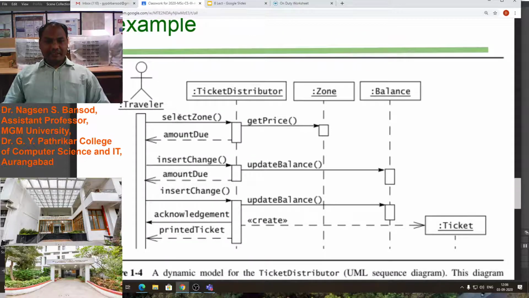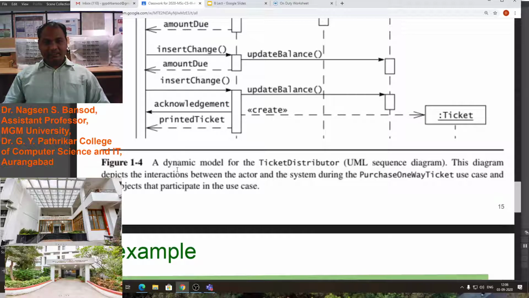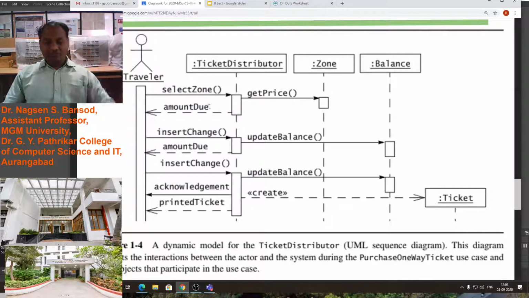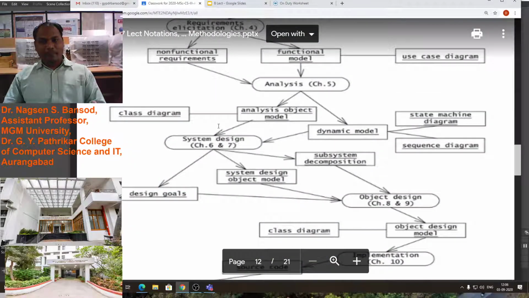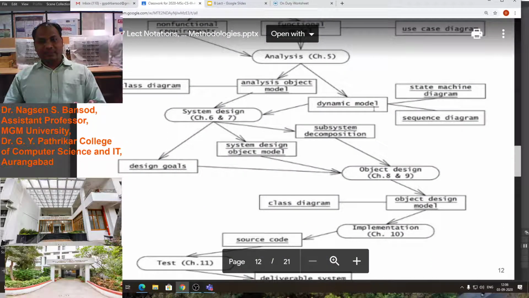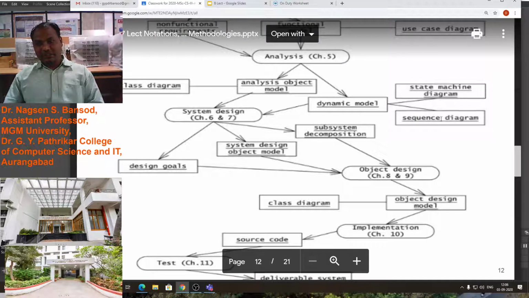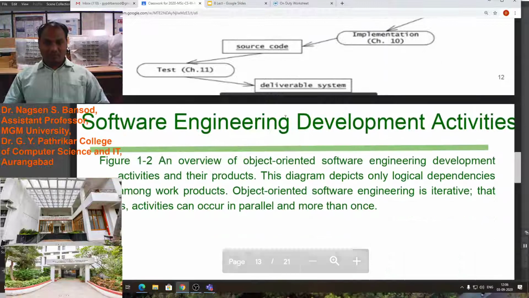We have taken one example. That example is a dynamic model of the ticket distributor. This is the sequence diagram, because here a sequence is given, and this sequence diagram we have to design at the level of dynamic modeling.